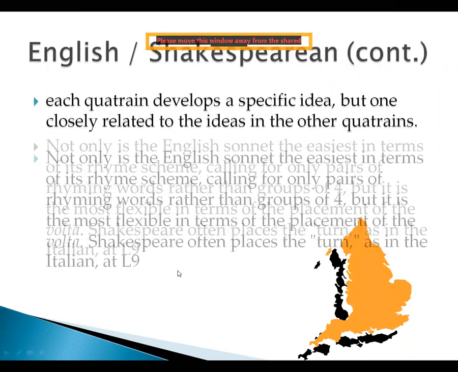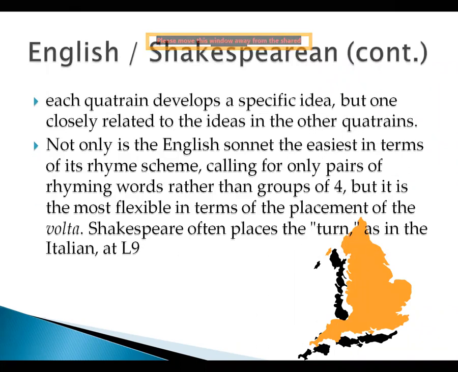Now, each quatrain develops a specific idea, but one closely related to the idea in the other quatrain. They say in the Italian sonnet, it was octave and sestet, right? Here there are 4 quatrains. So the ideas that are presented in the first quatrain are related with the second one and the third one. Not only is the English sonnet the easiest in terms of its rhyming scheme, calling for only 4 pairs of rhyming words rather than groups of 4, but it is the most flexible in terms of the